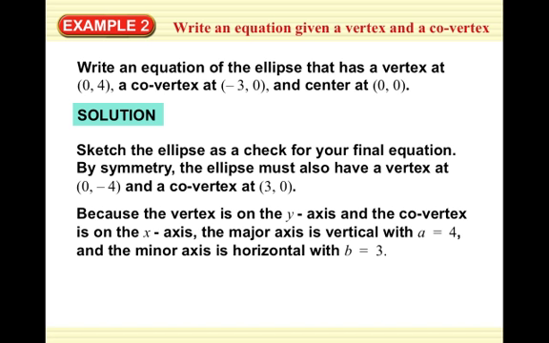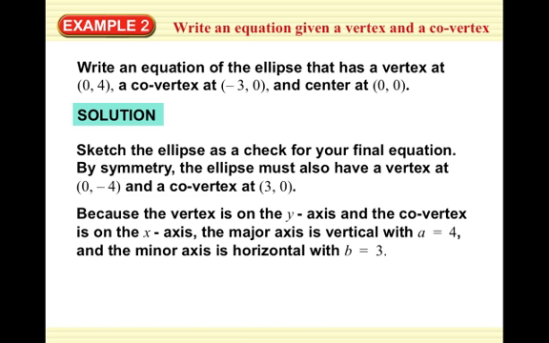Okay, so they're going to describe things here, and then I'll show you how I would put the information given to us on a graph, and just from that graph get what A equals and what B equals, and also the orientation of the ellipse. Sketch the ellipse, or at least put what they give you on the graph, as a check for your final